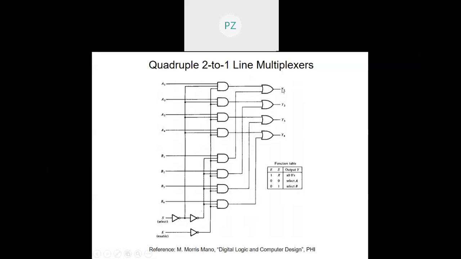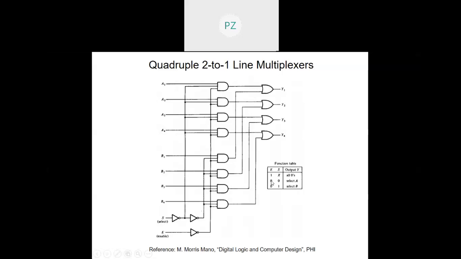So y1 will be 0, y2 will be 0, y3 will be 0, y4 will be 0, because the output of all the AND gates are zeros. And effectively, these AND gates are feeding the OR gates. That will be about the select lines. When the enable goes 0, then a 1 appears here. So these gates are enabled from the end of the enable control line.